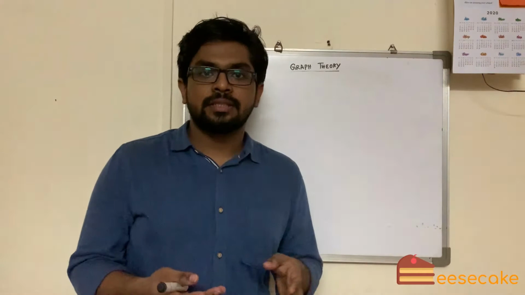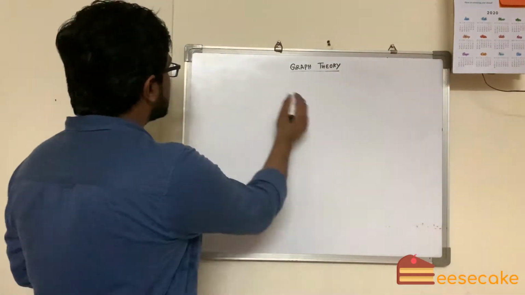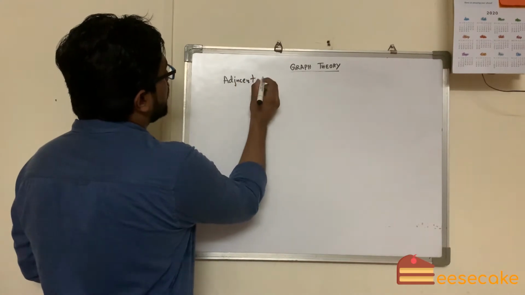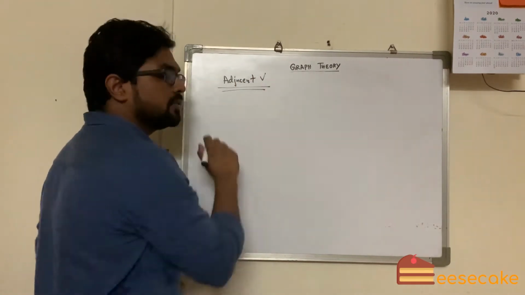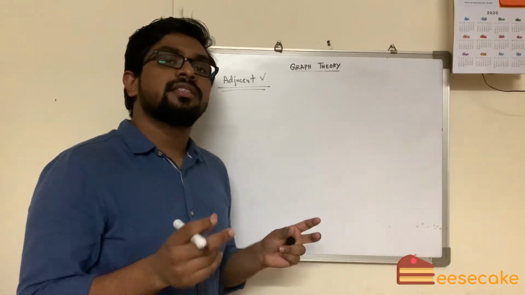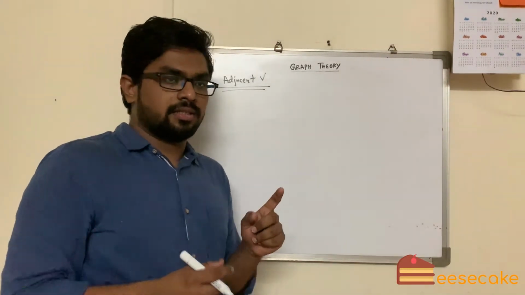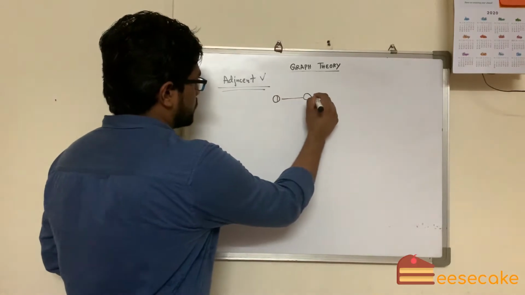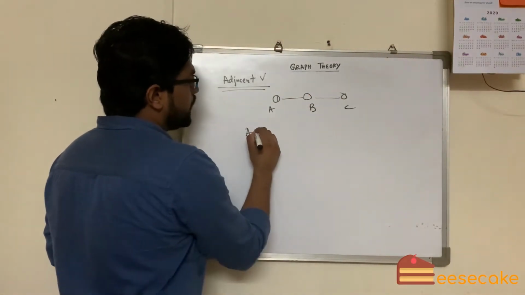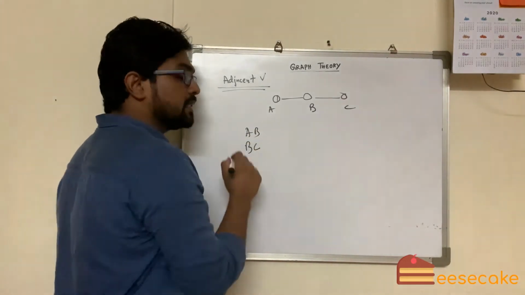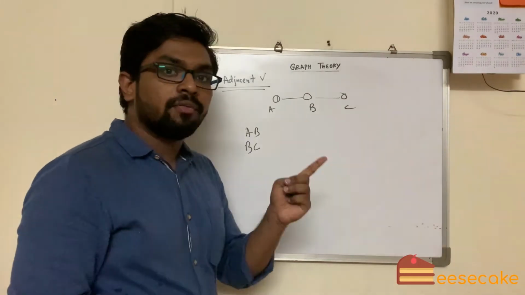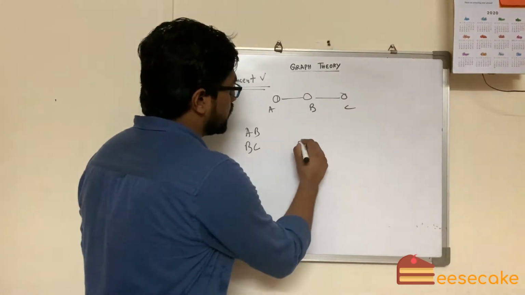Very important thing. First of that is adjacent vertices. What is an adjacent vertex? Basically, by definition, the vertices connected by one edge. So, in this graph, A, B, C, AB is adjacent, BC is adjacent. So, very simple, right? Now, second thing that we have to understand is called